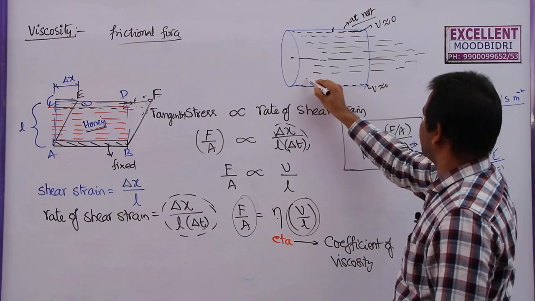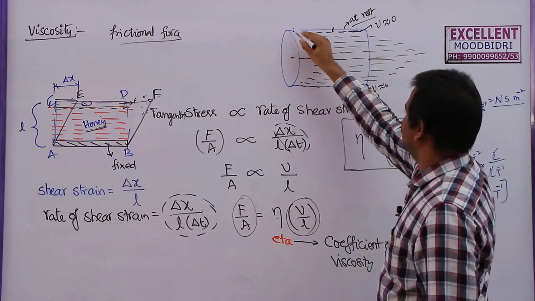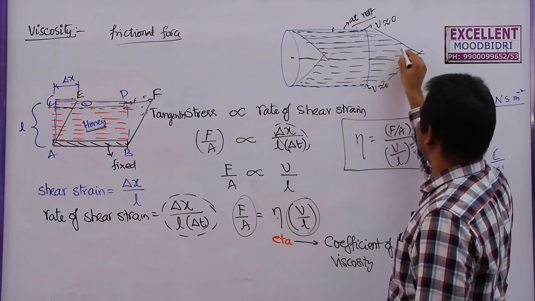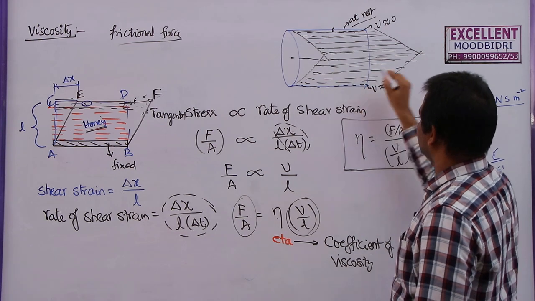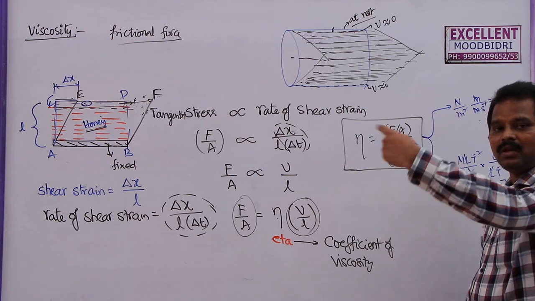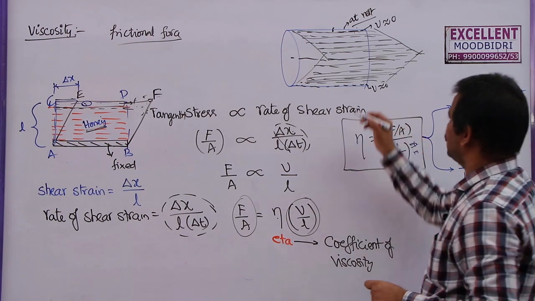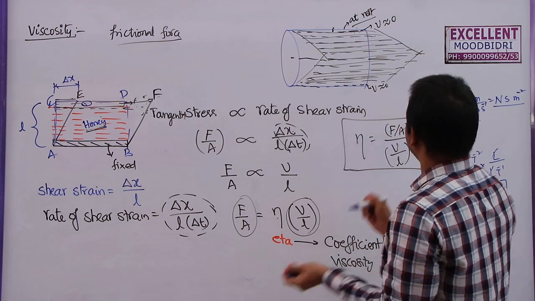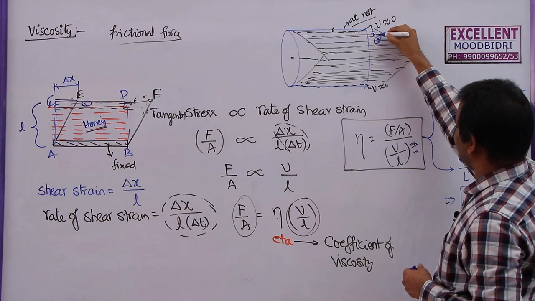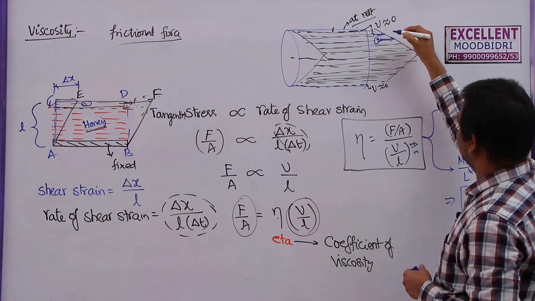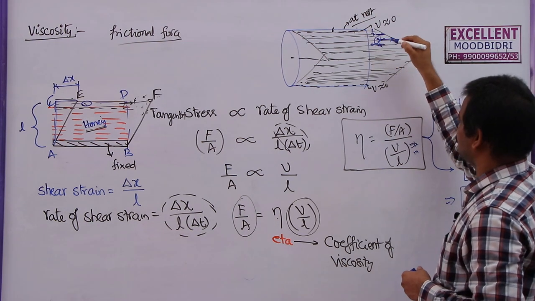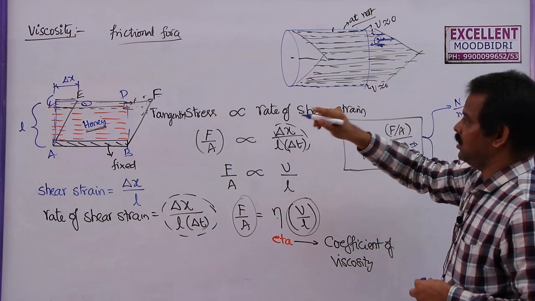So now the pattern of the liquid will be like this. That means these layers will travel in this direction. In this case, the liquid layers which are trying to move in the forward direction will be opposed by the liquid layers relative to them. Suppose you take this layer, let me take 1, 2, 3. In the third layer, the upper surface will try to move it in the forward direction, while the lower layer, the fourth one, will try to drag it in the opposite direction. So this dragging force between these two is called viscous force.